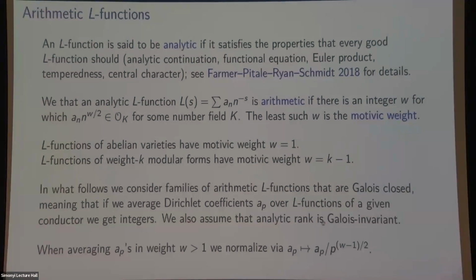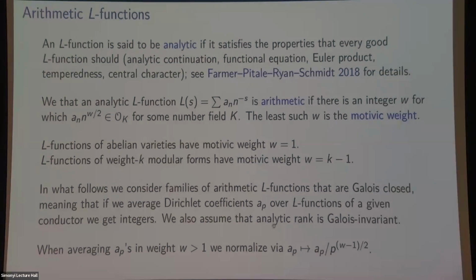I'm also going to assume that all the families of arithmetic L-functions we're considering have algebraic integer coefficients so I can construct Galois orbits, and I want all the families to be Galois closed. Meaning, if you give me an L-function that doesn't have rational coefficients, I can multiply by all of its conjugates and get a higher degree, imprimitive L-function with rational coefficients. And so when we sum the a_p's over any such set and take the average, we're always going to get real numbers.